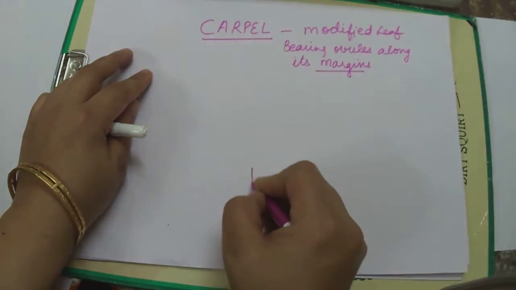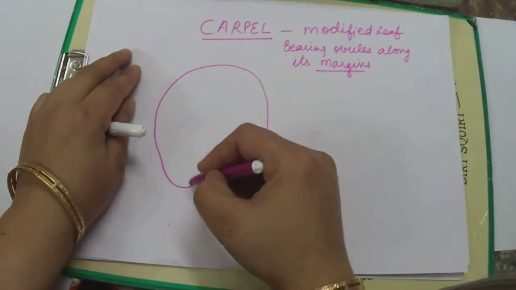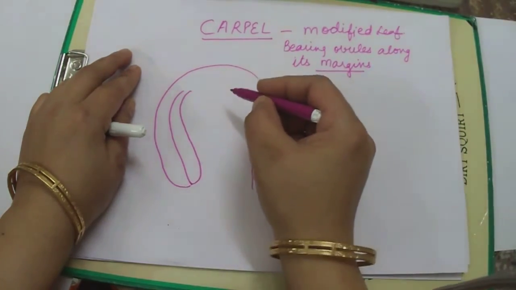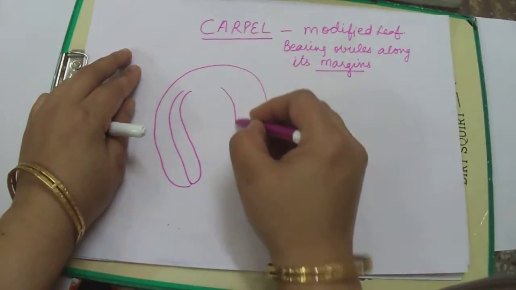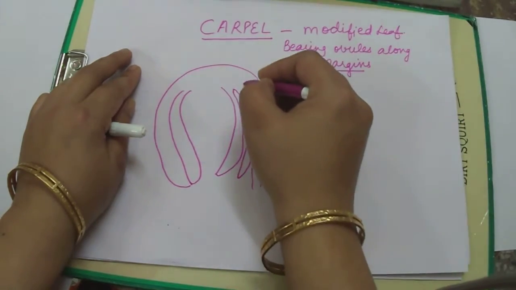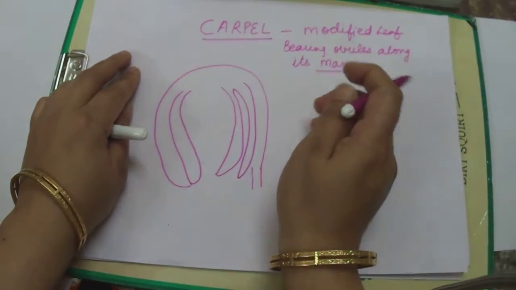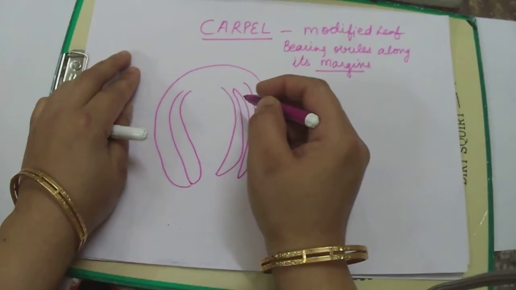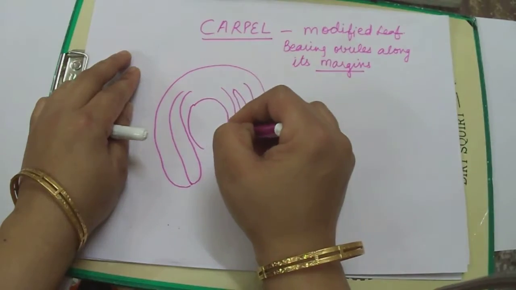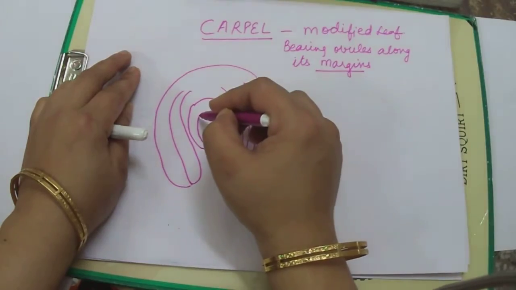Students, this is the diagram of ovule. We will discuss first the structure of ovule. The ovule is an integumented megasporangium in which meiosis and megaspore formation take place. It develops into a seed after fertilization. Here I am drawing the structure of the ovule.